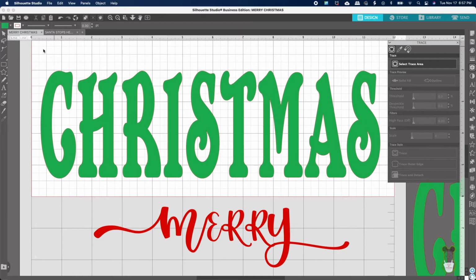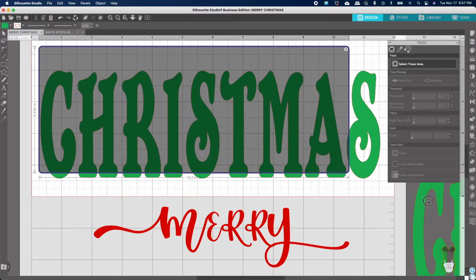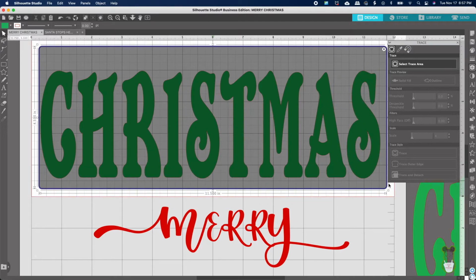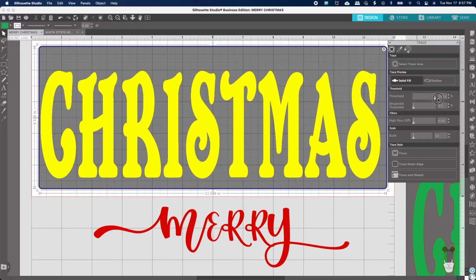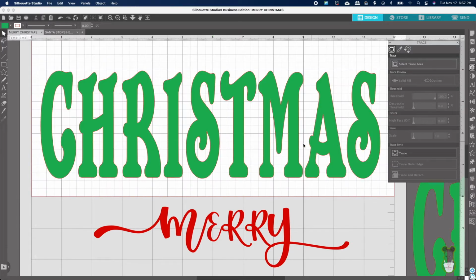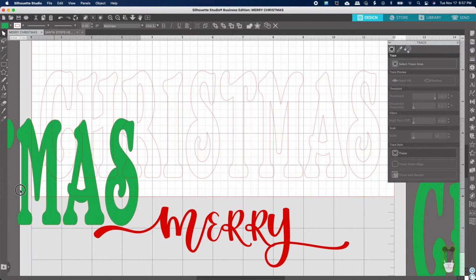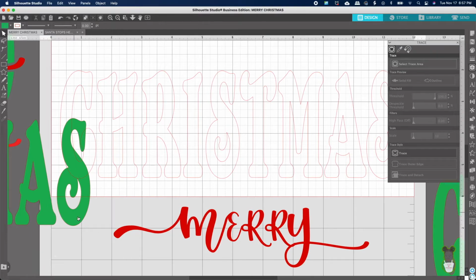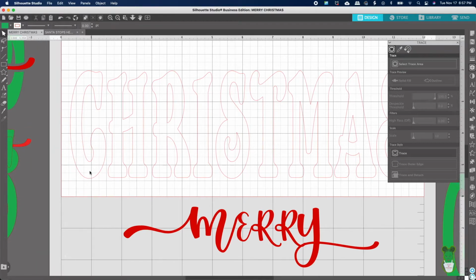I always trace everything because to me some of the stuff works better with the trace copy as opposed to text. So I always just trace it. But it's just your personal preference how you like to work. You may like to work with it as text, but I don't. I like to work with everything as,